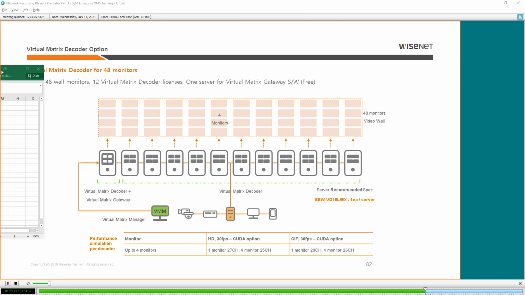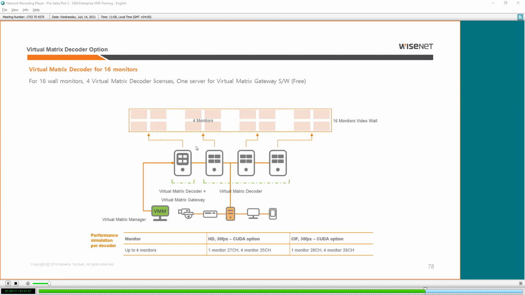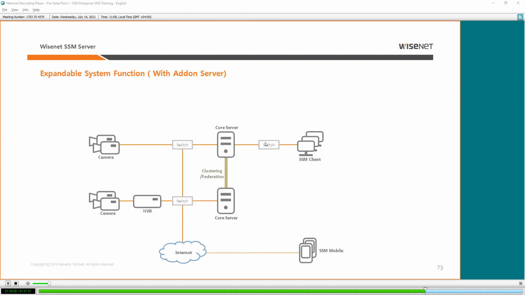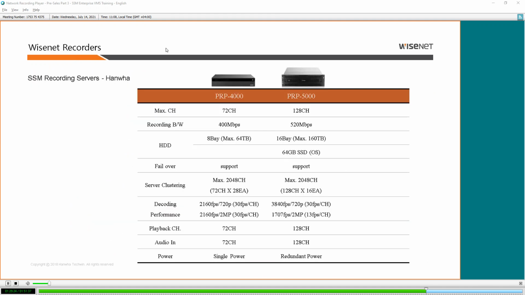Oh yes, by the way, I forgot to mention. Here I talked about a Hanwha server, right? With 128 cameras. We have one exception, something new. We are going to make more, but 128, you can expand only this model to 328 cameras by adding a 200 pack license add-on.